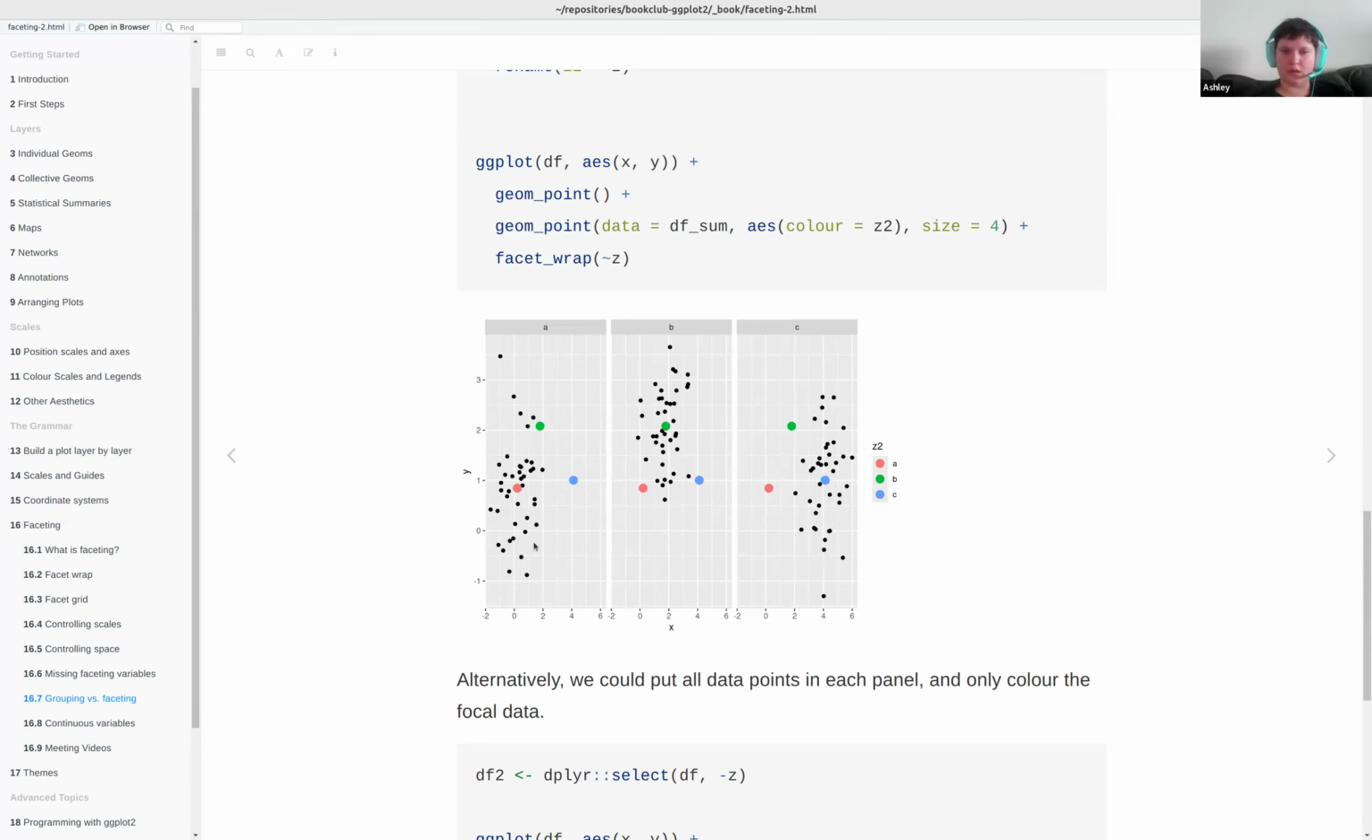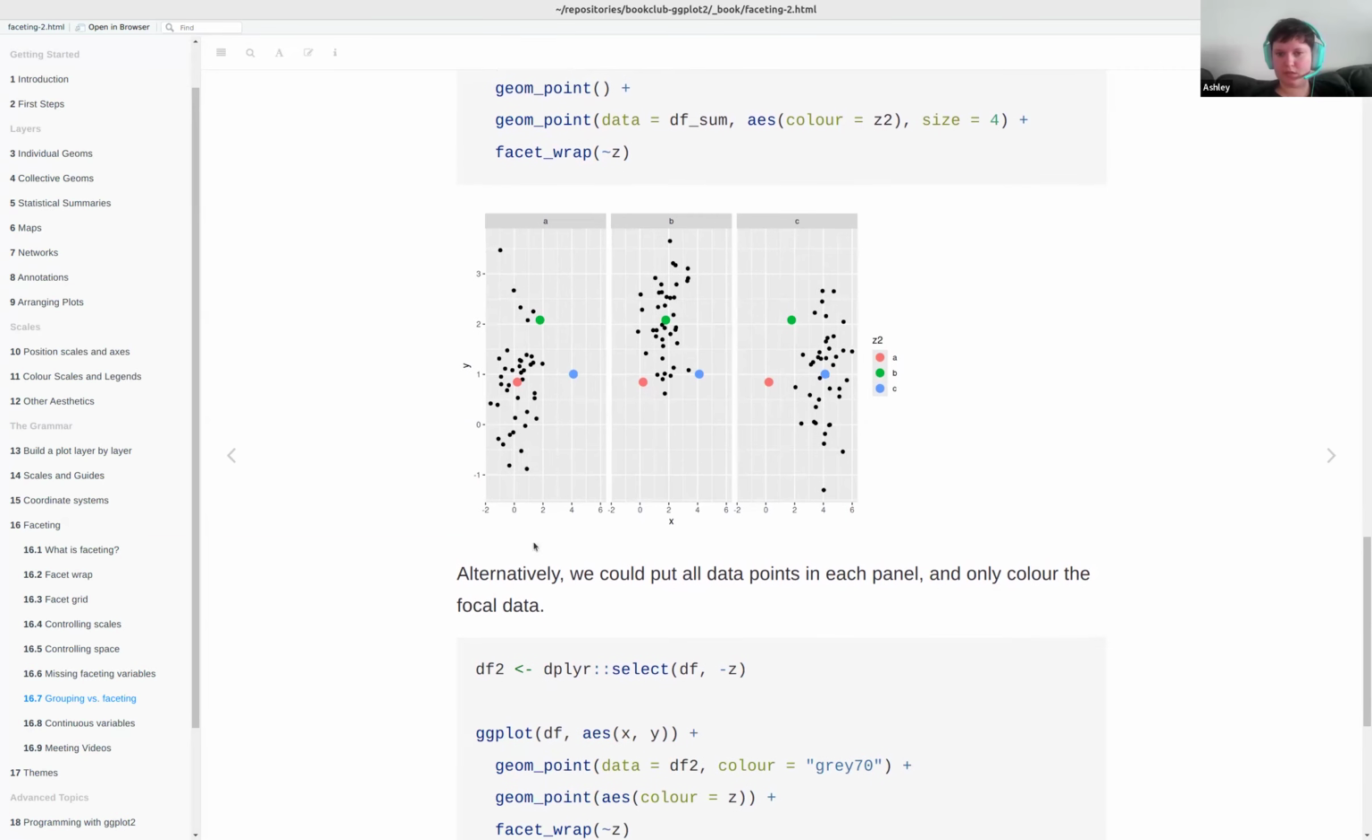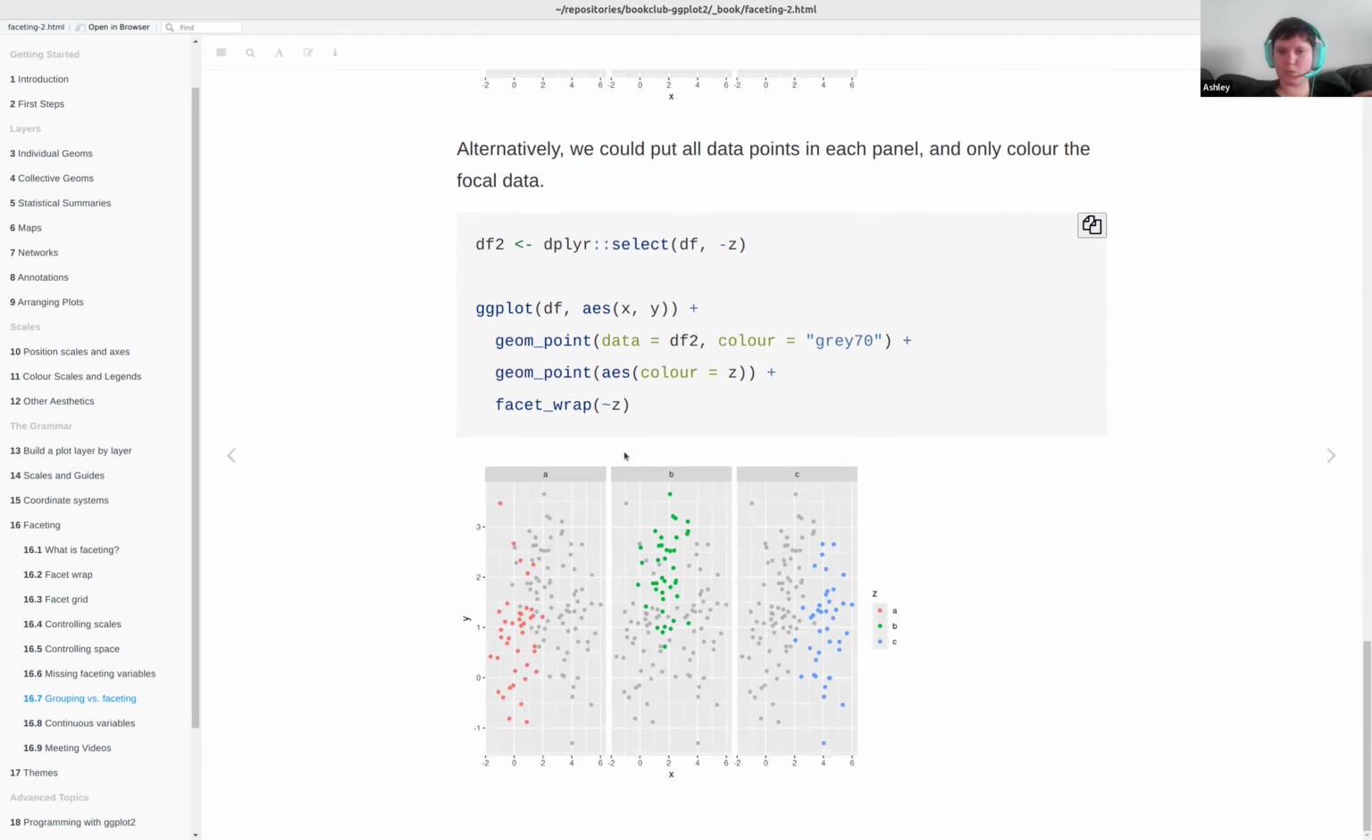Another thing we can do is still facet, but put all of our data points in each panel and then only color or signify our focal data in some obvious way. So we could plot all of our data in gray in all of the facets and then emphasize our focal group with color,